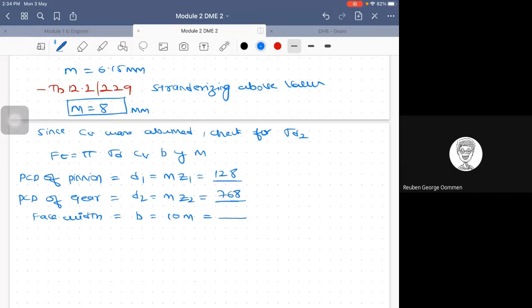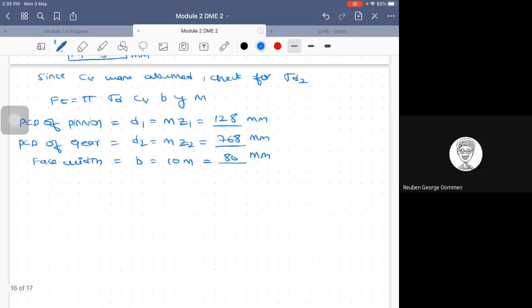$768, and $80. So I guess all are in millimeters. Once that is done, immediately calculate the value of V, which is pi D2 N2 divided by 60. That is in turn equal to